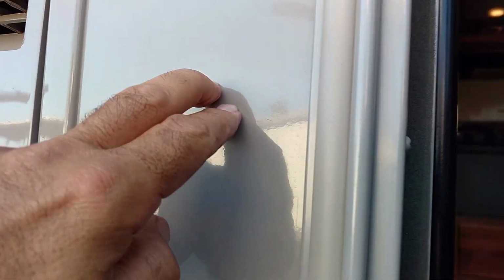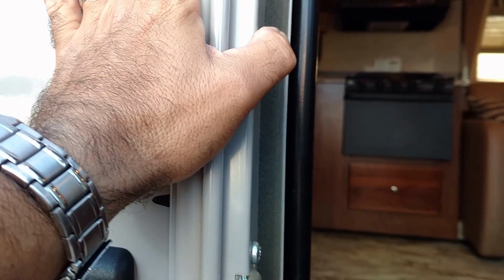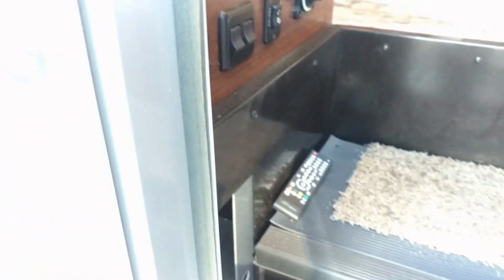One more thing I want to point out, this wall does not have any wood. It's made out of Azdel. That's the fiberglass, which means if you ever have a leak, you won't get delamination and bubbling in the fiberglass. Coachmen has that all around. Coachmen is the only one that has it. This little compartment here is great for when the kids come in with their dirty shoes. Mama makes them take their shoes right there and put them there so you won't have to dirty the whole